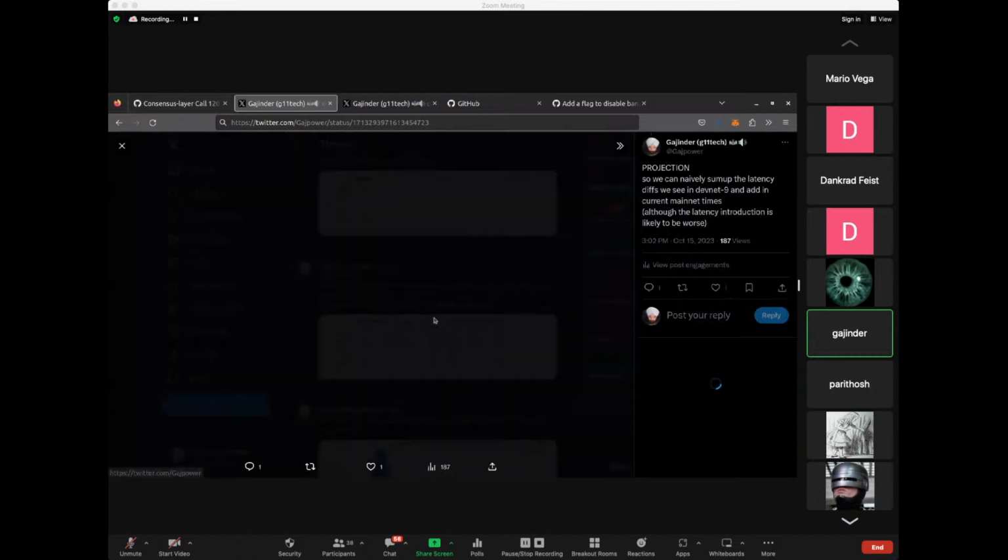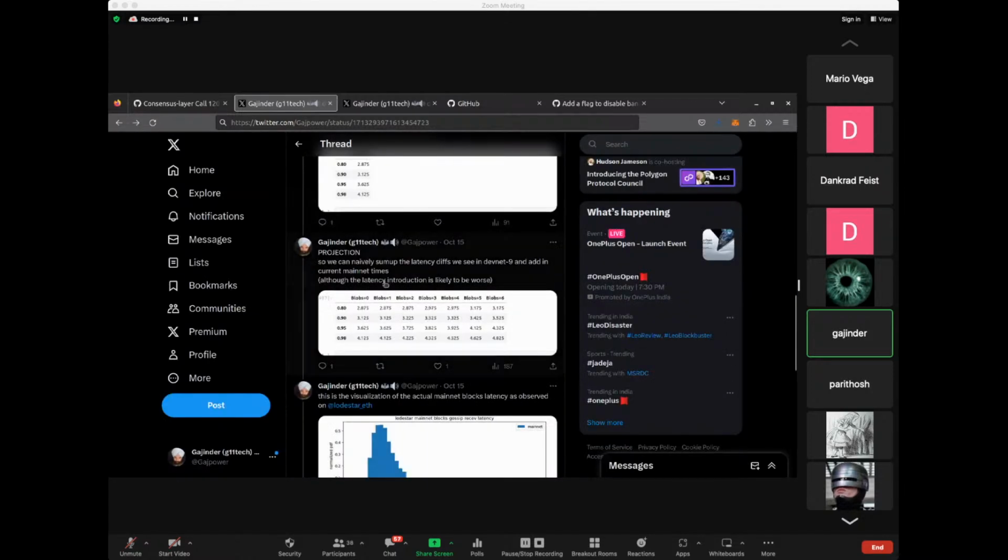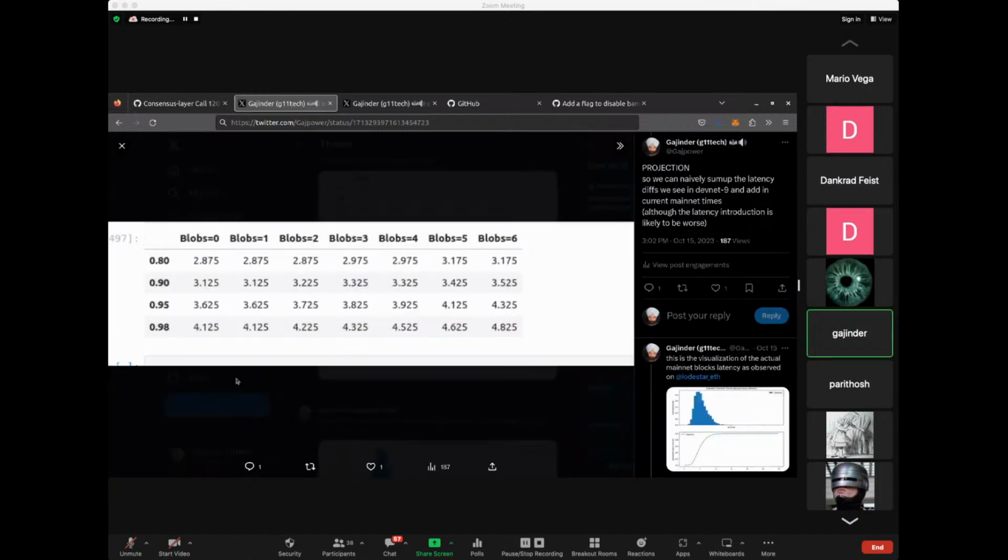These are the blob projections. I took a Lodestar node for the mainnet and calculated its percentile scores for various arrivals of the block. The column for blobs equal to 0 holds the actual percentile scores that my node saw using Lodestar. Then I added the diffs of the latency with respect to the baseline of blobs equal to 0 to give a naive projection. So if I add the extra latency that has been introduced, and look at this 95 percentile score,